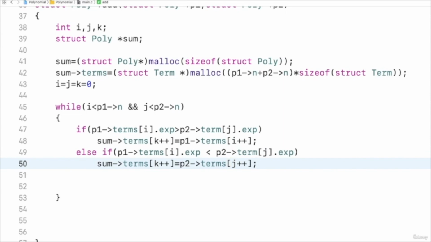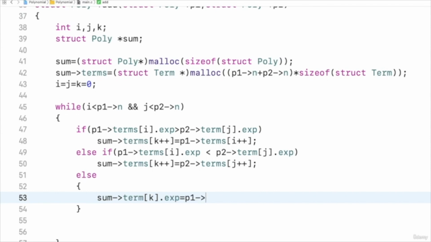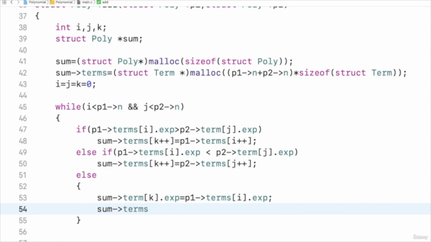If the first one is greater, copy that one, otherwise copy the second one if the second one is greater. Now finally, else, it means if both of them are equal, then I should add coefficients and the exponent should be the same. So sum's terms of k dot exponent should be same as P1's terms of i dot exponent. So first I have finished the exponent, then let us take the coefficient. So terms of k plus plus I will do